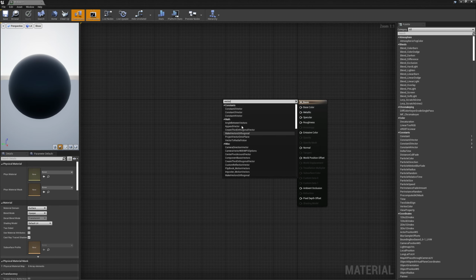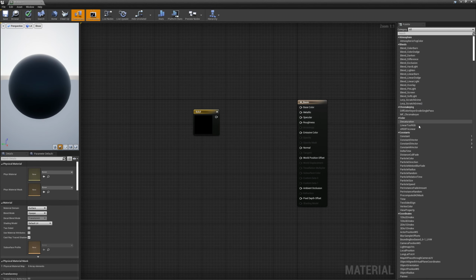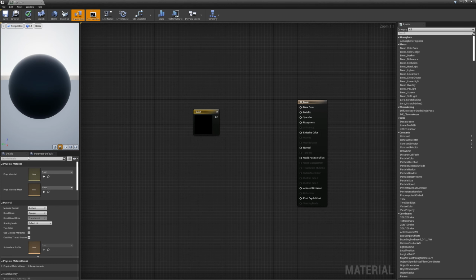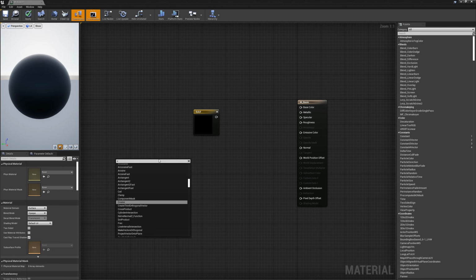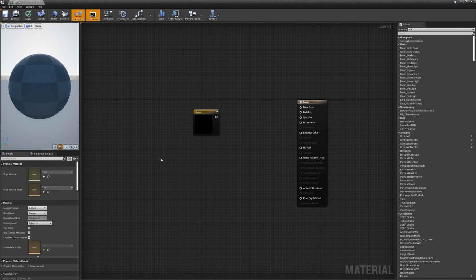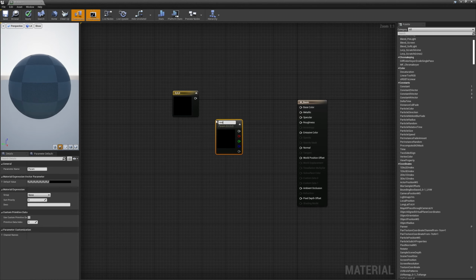So we want to add constant 4 or 3 vector. You can search for it from here, and you can see there are also shortcuts. So the 3 vector, when we right click and we type constant 3 vector, you can just click and hold 3 on your keyboard and click and you will have it. If you press V, you can add a constant 3 vector. So let's name this guy color,